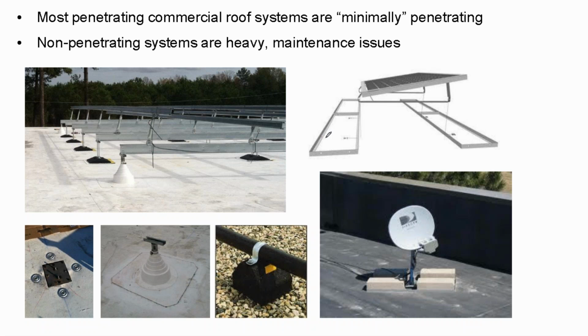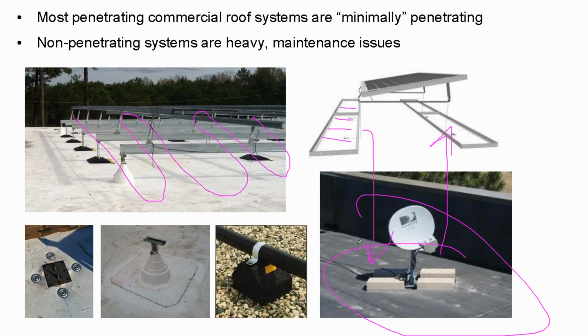On top of that, they're going to fill in these ballast pans with concrete blocks, which is a carryover from the satellite mounting industry. Now let's go put a small satellite dish on the roof, and let's just weight it down with a couple concrete blocks so it doesn't blow over. Okay. Well, now these solar concrete ballast systems are filling up the entire roof area with loose concrete blocks, which,